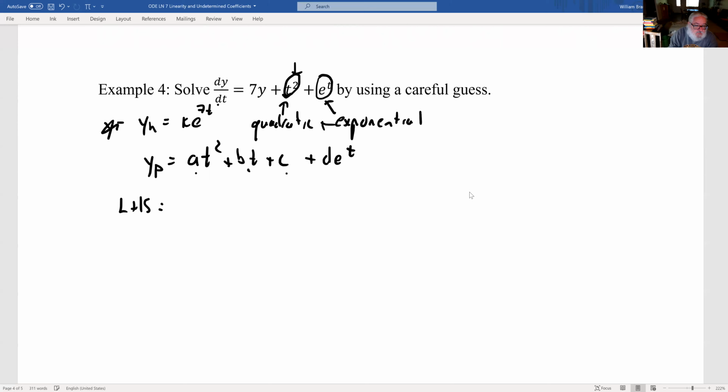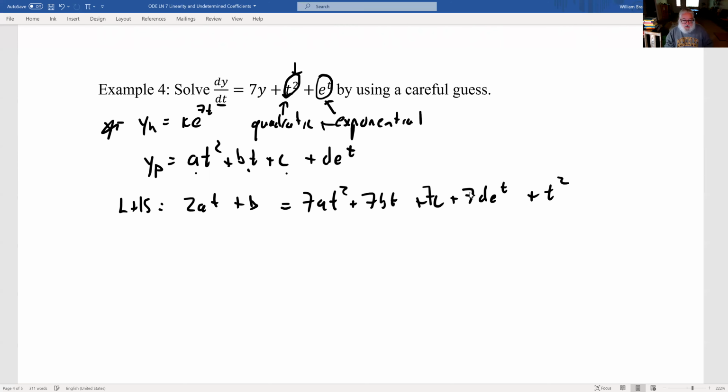left-hand side is the derivative. That's 2at plus b. Right-hand side is 7 times this, 7at squared plus 7bt plus 7c, plus 7d e to the t plus t squared. Great. So what's our equation then? We've got t times 2a